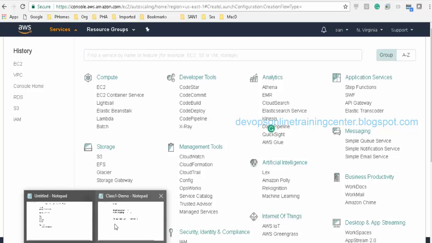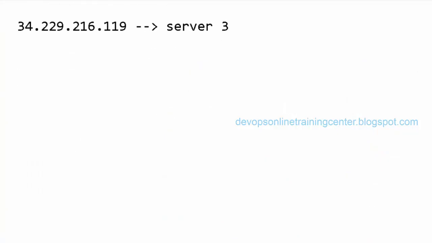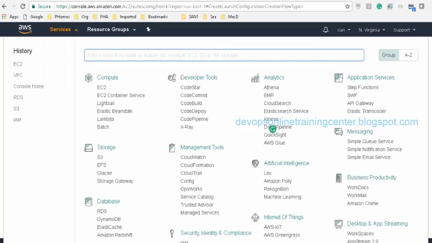Okay, because I'm trying to understand. Right now, we have just used the index.html, which is already present, right? Or it's auto scaling server 1, 2, 1, 2, 3, right? And every time we basically manually configure those index.html files, right?